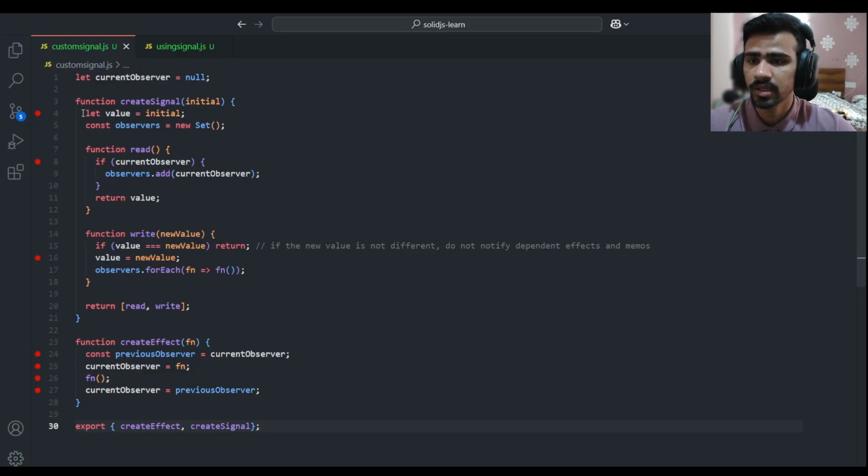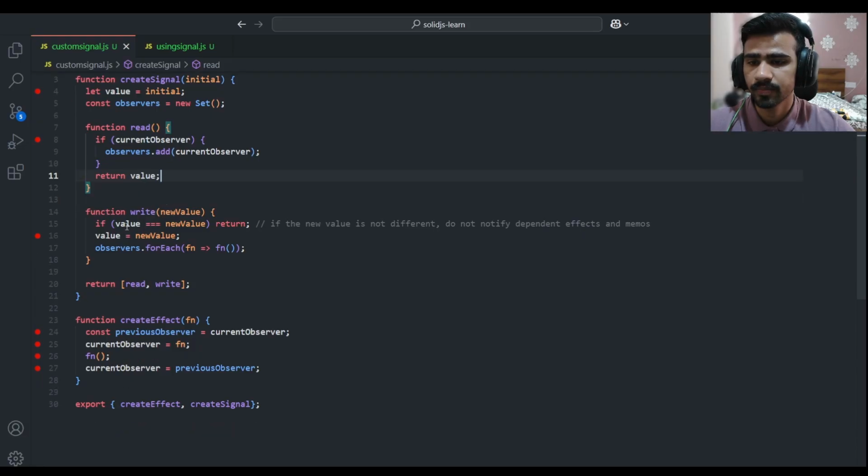So we have a variable where we initialize it with whatever we have supplied. Then we have a set of observers which should be watching this signal. Then there is a read function, and then there is a write function. In the read function, we are saying if there is an observer watching this signal, add it to the list of observers that we have for the signal, and return the value when we are reading it. In the write,